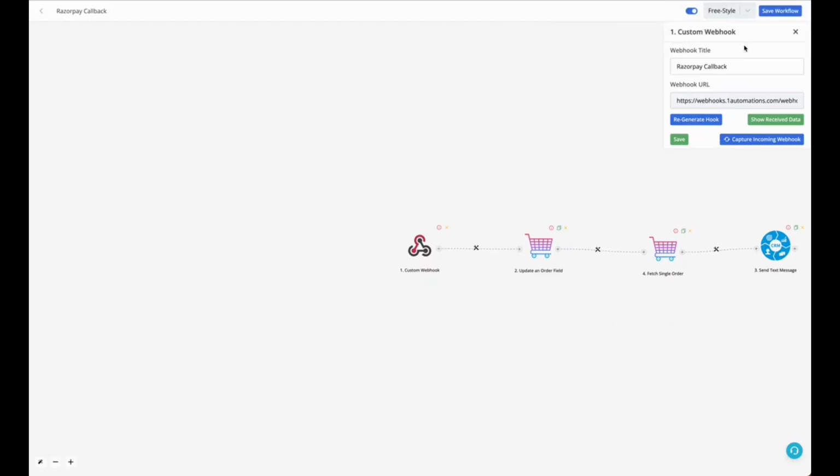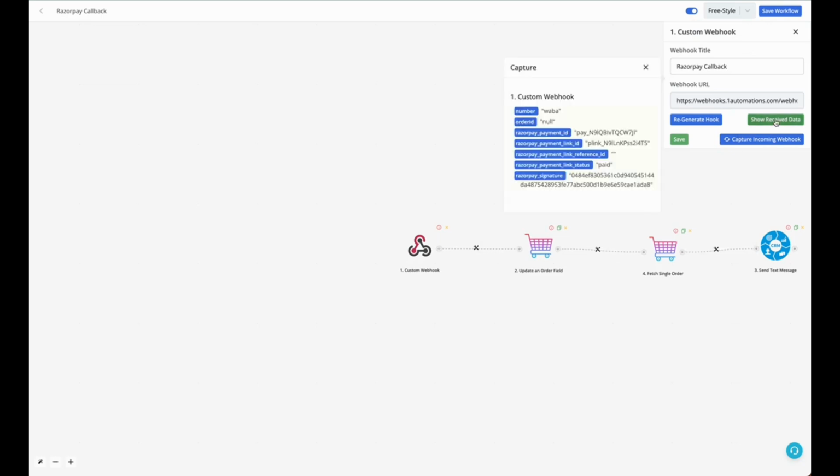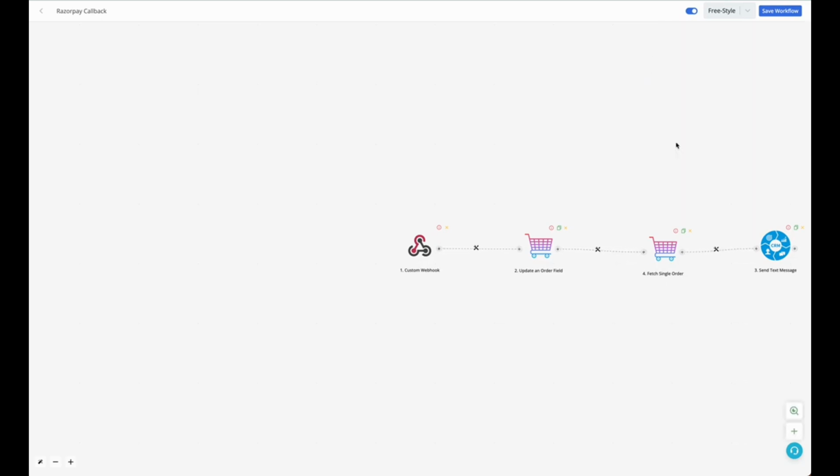Once the payment has been done, this particular automation will receive the data, and you can see that we now have the WhatsApp number of the user. It doesn't show anything in the number and the order ID because we did not pass any actual values, but while running the bot it would work fine. So we have the WhatsApp number of the user, we have the order ID, and we have the information about the Razorpay payment. Now first we'll click on save,